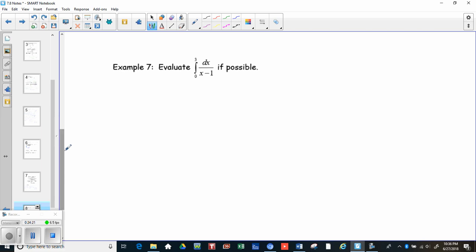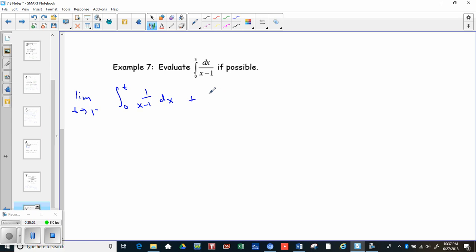All right, example number 7. This one has a discontinuity in the middle. 0 and 3 are both fine, but 1 in the middle is causing a discontinuity. So in this case, you actually have to split this to be the limit as t approaches 1. Now we're going to split this thing. The first one is going to go from 0 to t. So this can only approach t here, or 1, excuse me, from the left side of 1 over x minus 1